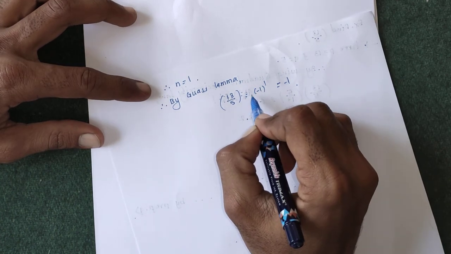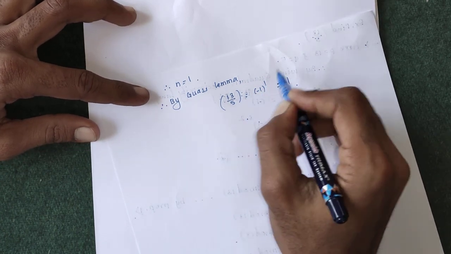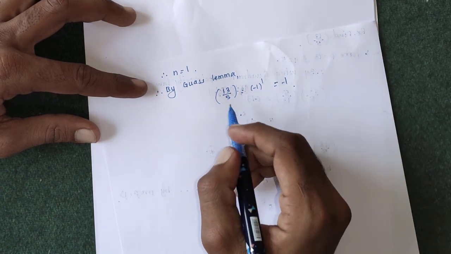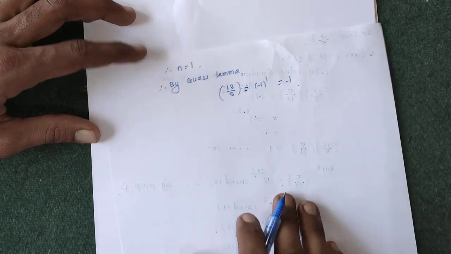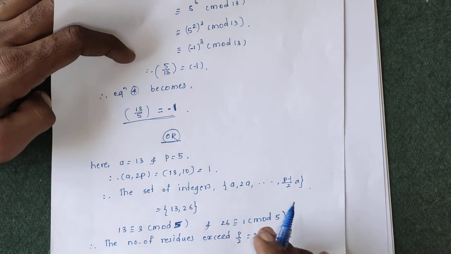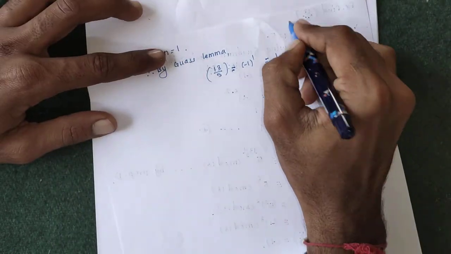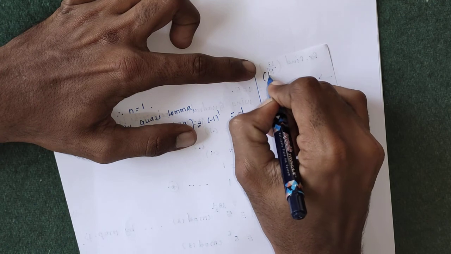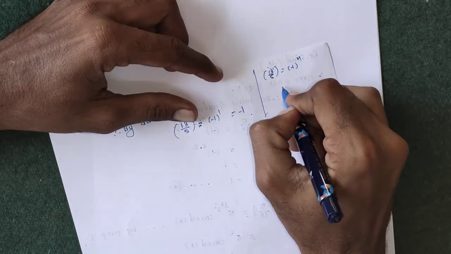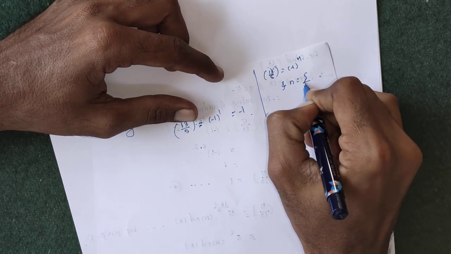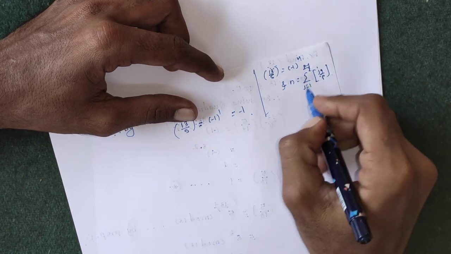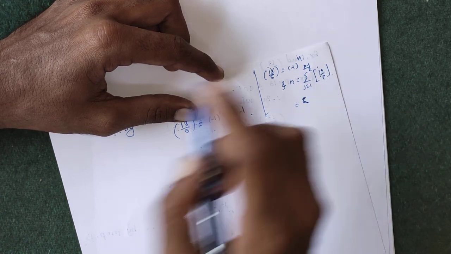The Legendre symbol of 13 and 5 is equal to (-1) raised to n, where n is the summation over j running from 1 to (p-1)/2. Here (p-1)/2 is 2. This is just rough work. If we take the Legendre symbol of 13 and 5 as (-1) raised to n, where n is the summation over j running from 1 to (p-1)/2,